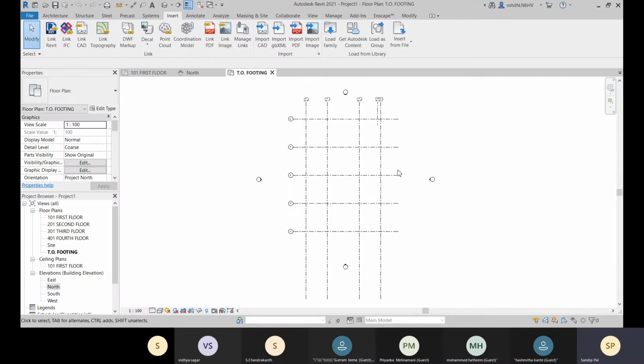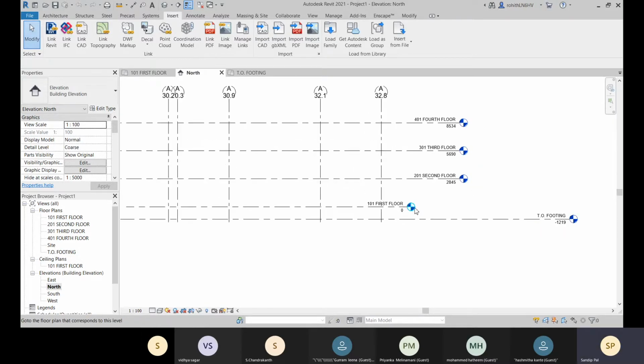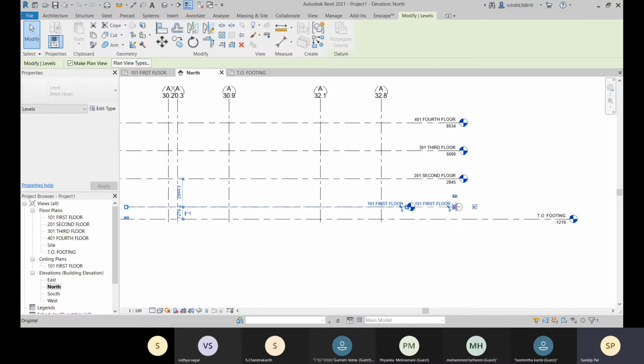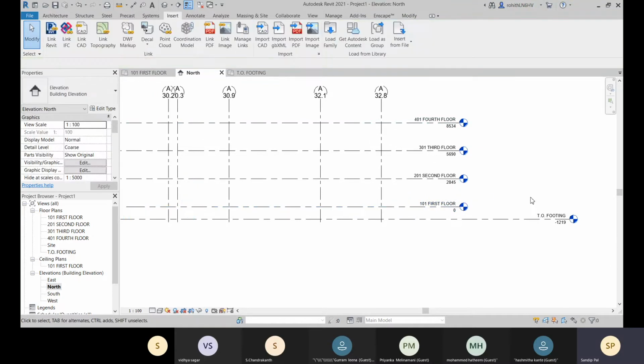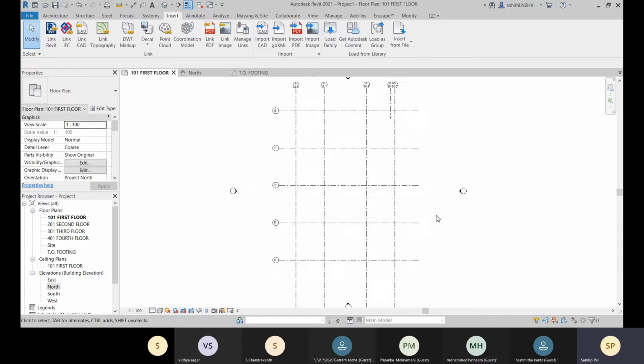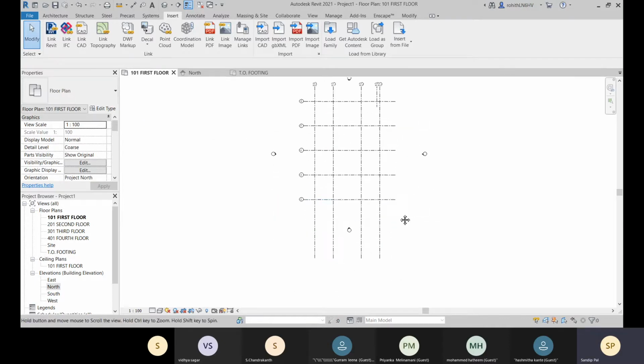So I have removed this Revit file. I don't want that anymore. So I have these things. So let's position it. Here you can see. So that is done, and now I can start working. Okay, so this is how we will be creating.